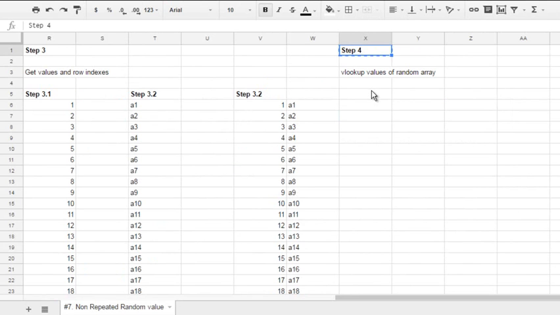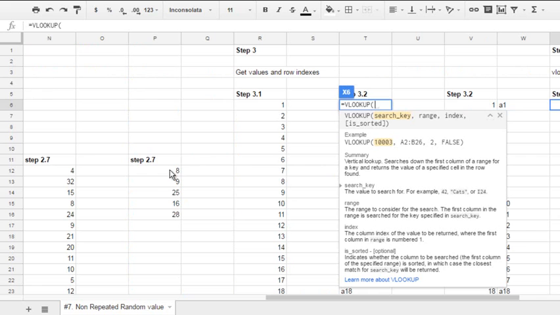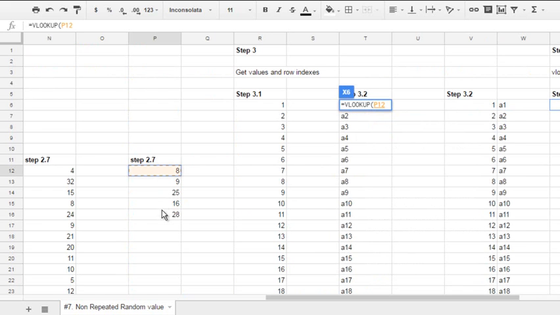It will be step 4.1. Yep, equals VLOOKUP. What will VLOOKUP? We'll look up our values from our unique list here, step 2.7,